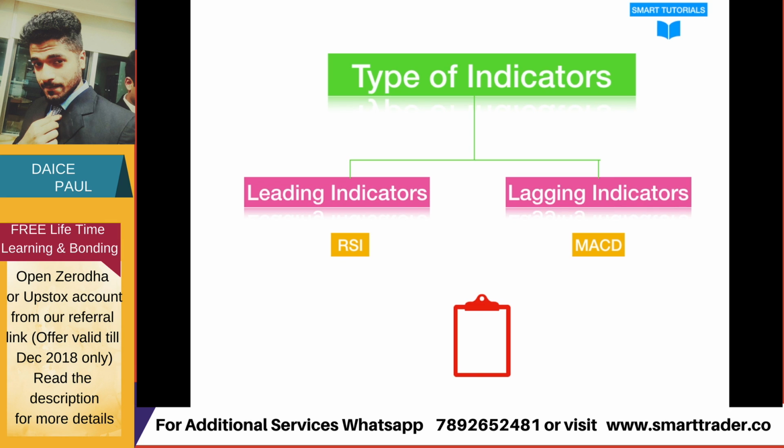One big, famous example is our MACD, which we use, moving average convergence and divergence. This is something which we see which is a lagging indicator. So we have a lot of indicators under these leading indicators and lagging indicators. So we have so many indicators. So let's go one by one, whichever is possible. Try to cover most of them, whichever I am aware of.